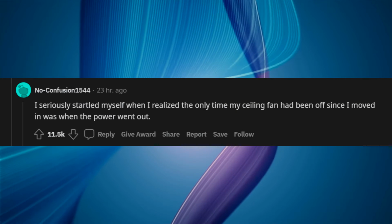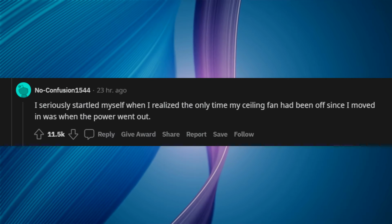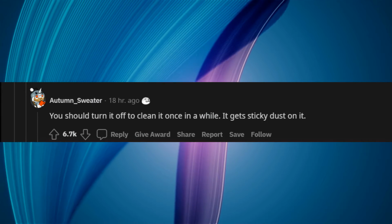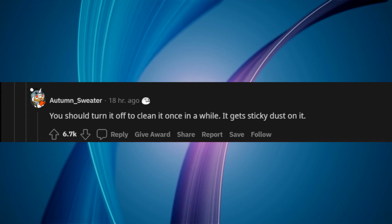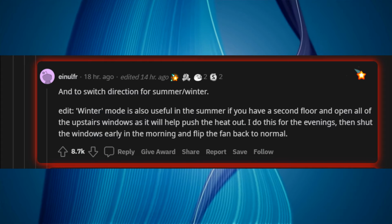I seriously startled myself when I realized the only time my ceiling fan had been off since I moved in was when the power went out. You should turn it off to clean it once in a while. It gets sticky dust on it. And to switch direction for summer/winter. Edit: